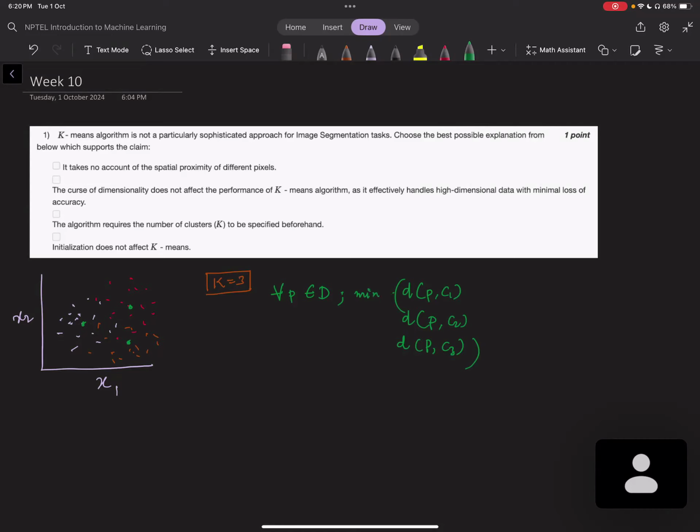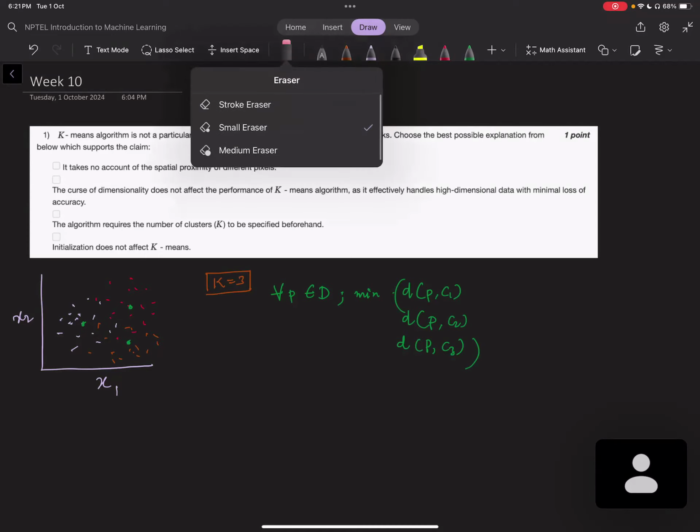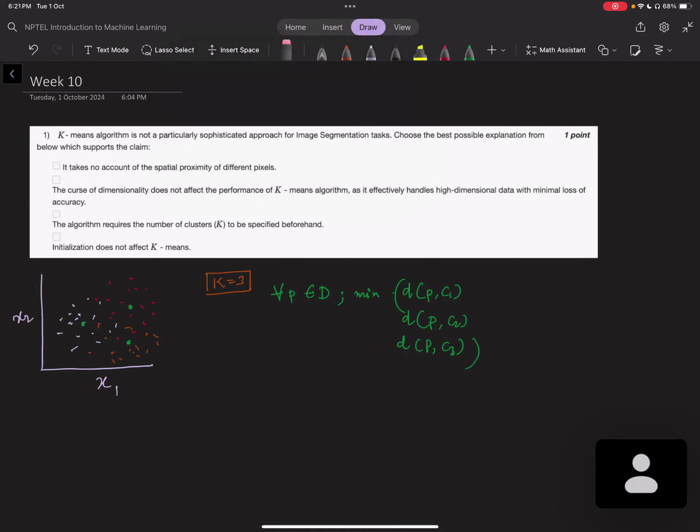We'll take the minimum of this, and the corresponding cluster will be chosen for that point. So what we'll do is start assigning all those points into 3 clusters or 7 clusters, and after